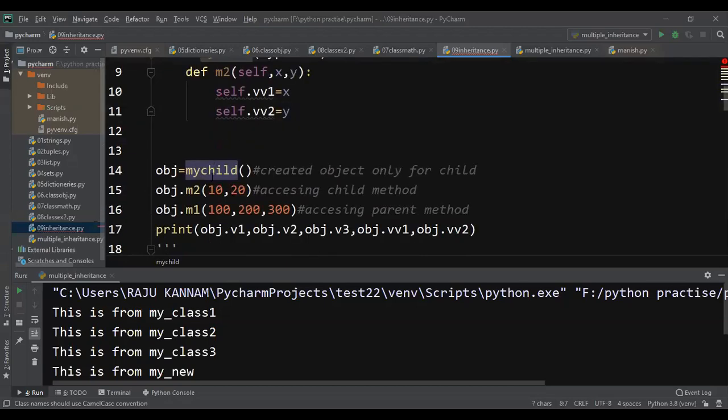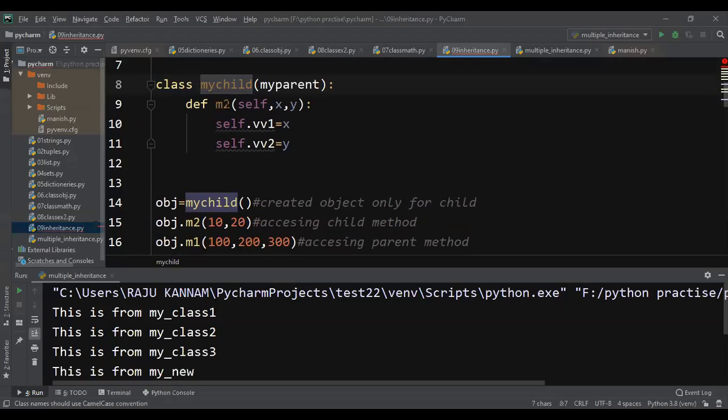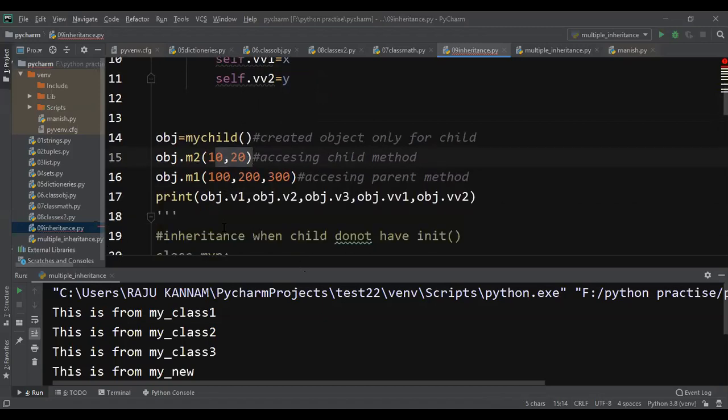Now the object is created, and I'm accessing method m2. It is in the child, and I can access it because I have created the object of my child. You have to pass two values, so I'm passing 10 and 20.